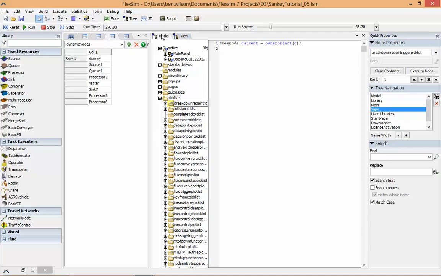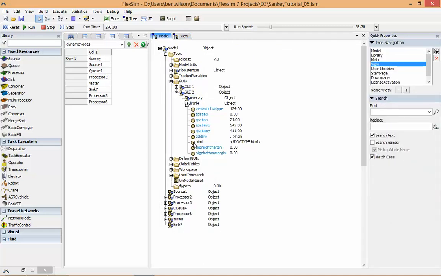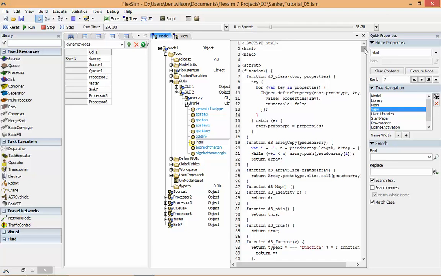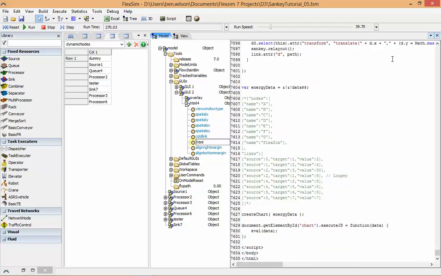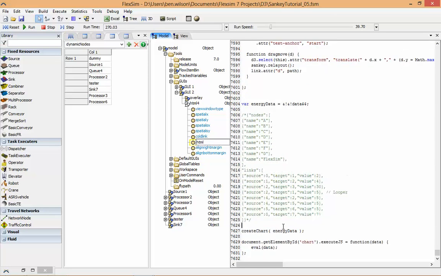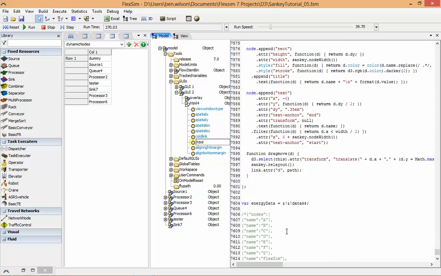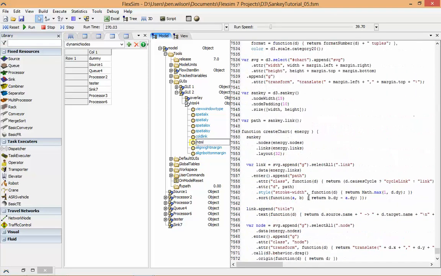So let's go to our GUI. Get down to the bottom here. All right. So when we call create chart, we'd really like it to destroy the old chart and make a new chart without reopening the view, just refreshing that chart. So let's look at the create chart command. Okay, so just really quickly, here's the important part, is we're appending a new G to SVG every time we